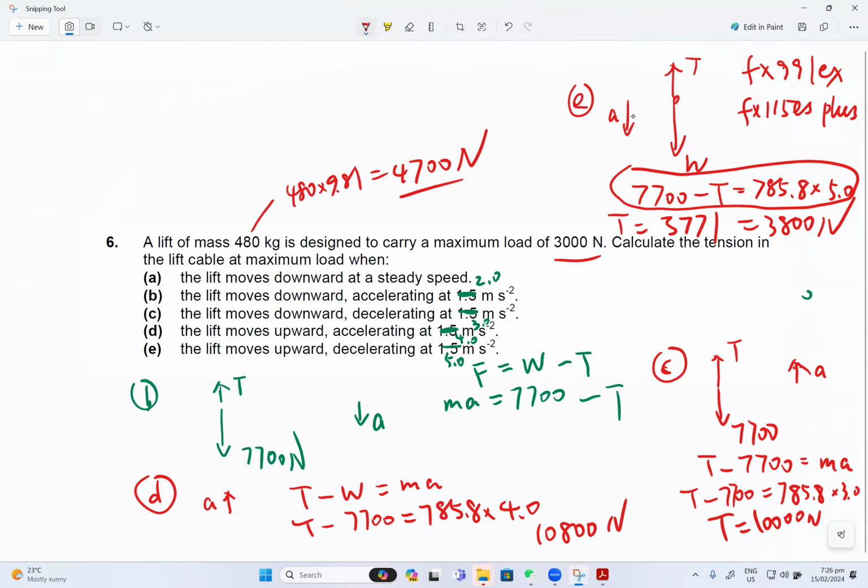Guys, do you understand this idea? This question is really, really important, okay? Those are some typical examples of Newton's second law. It's about acceleration and the force. Okay. I think last week we started